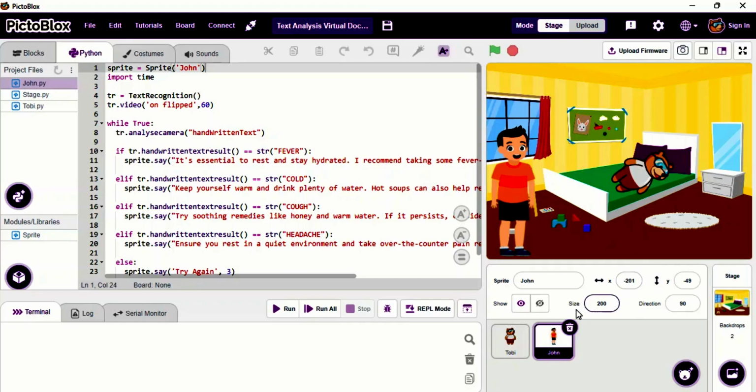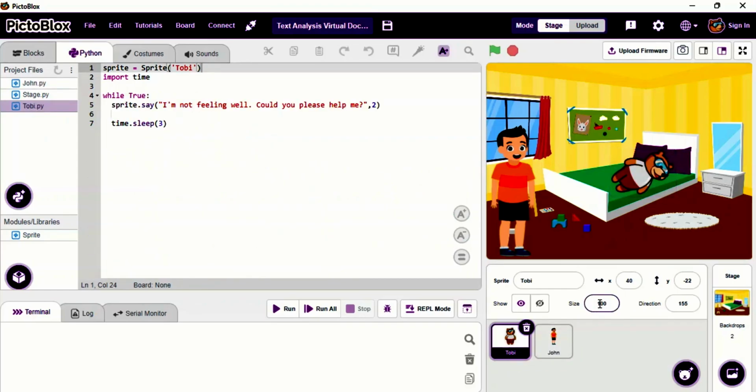For John, I have made his size 200, and for the default Toby, I have changed his original size to 100. And I have also changed Toby's direction to 155 degrees so that he appears as if he is sleeping or lying on the bed. In this program,